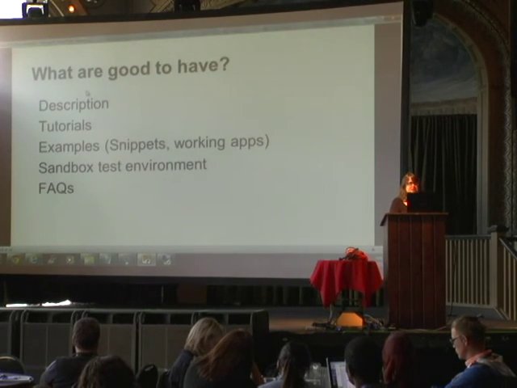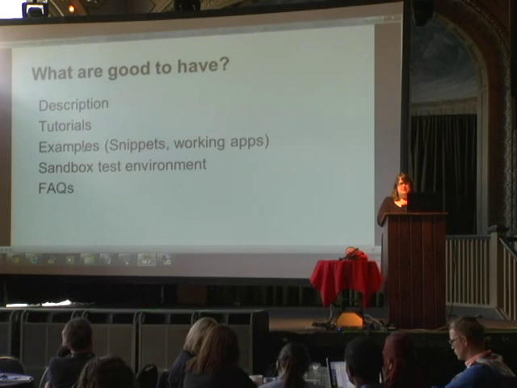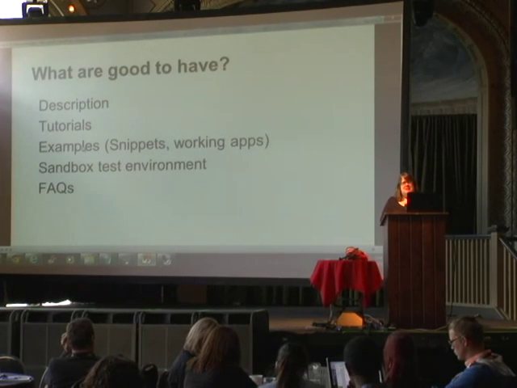So what should good API documentation have? Yes, a description of what it is, which seems fairly obvious, but it's not always clear. Good tutorials, good examples. Now this was somewhat controversial at my company because they say, well, if the developer using our API is a good developer, he or she is not going to need to have an actual example. Sure, they need the API documented, but they don't need to have a working sample. I somewhat disagree, but I ran out of time anyways, so a moot point.